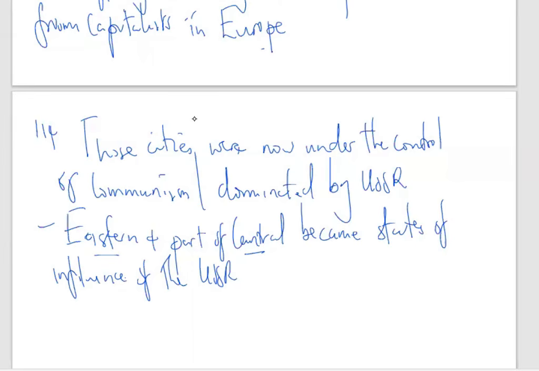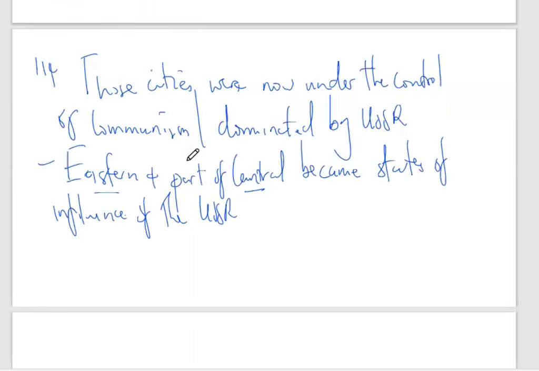They became spheres of interest. Those states were influenced by the USSR, or those cities and the people there were also influenced by the ideas of the USSR. In other words, it implies that the world was split into capitalists and communists. Because if you see those states that have been listed, they are mainly in the Eastern to Central, but not extending to the West. So the other implication is also that Europe was divided.